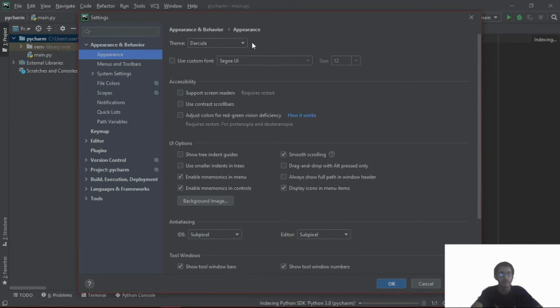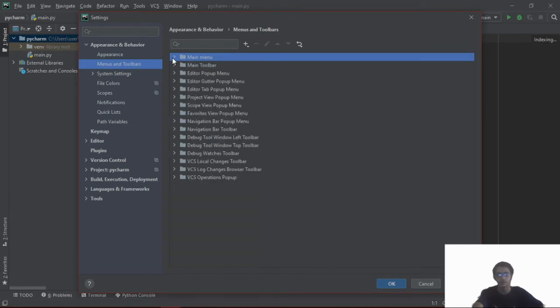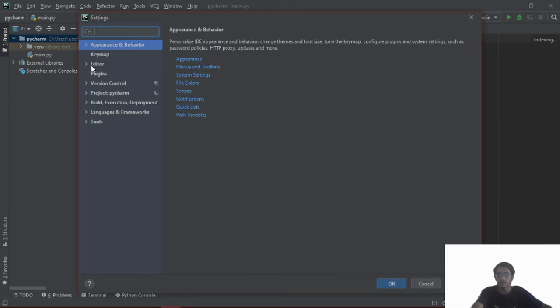and if you click on use custom font, it will ask you to select a font you like. I don't even want to select any font from here. I'm going to deselect it. Accessibility, support screen readers, use contrast scrollbars. Okay, leave that out. Menus and toolbars. What should be there? Let's just jump to the editor